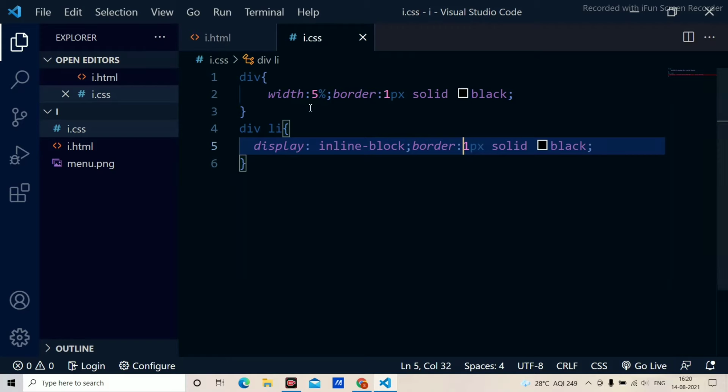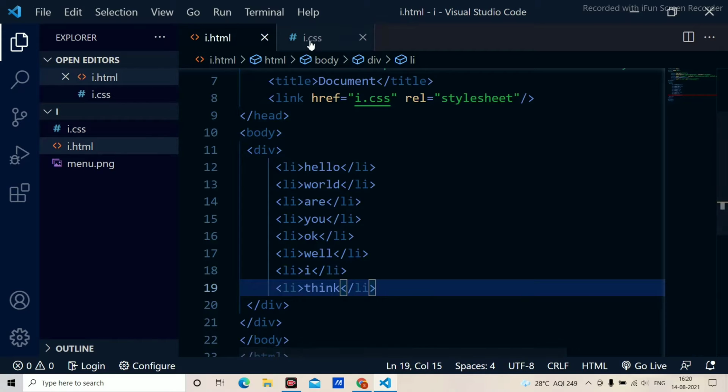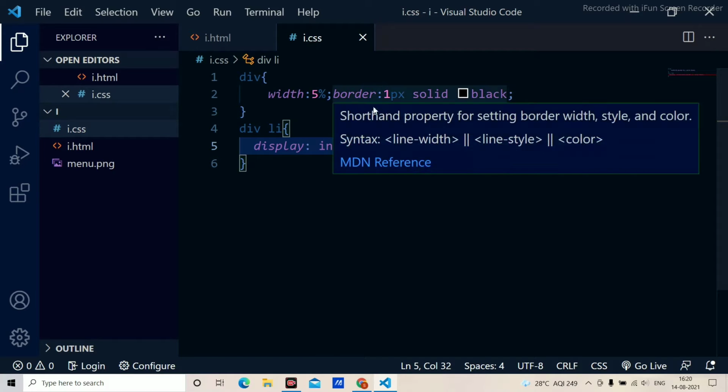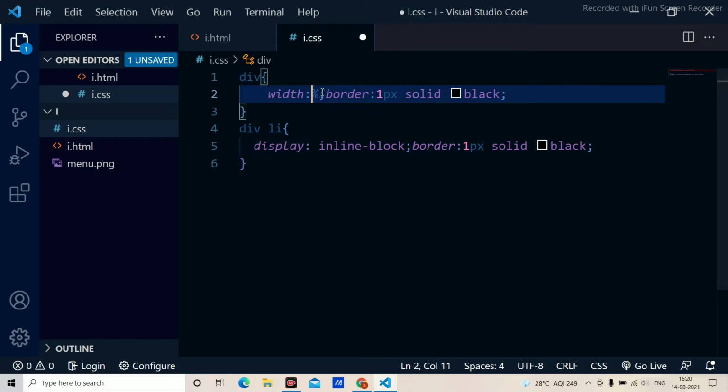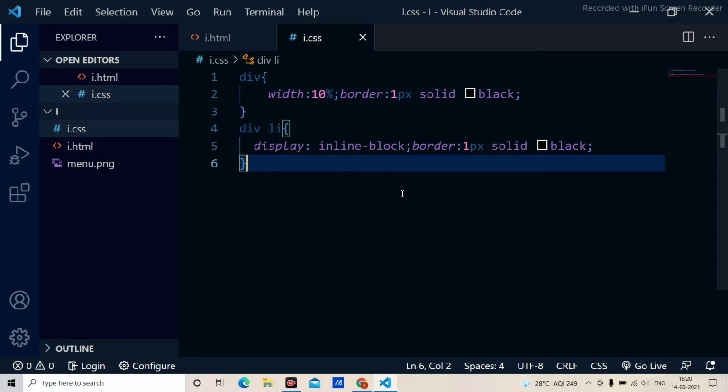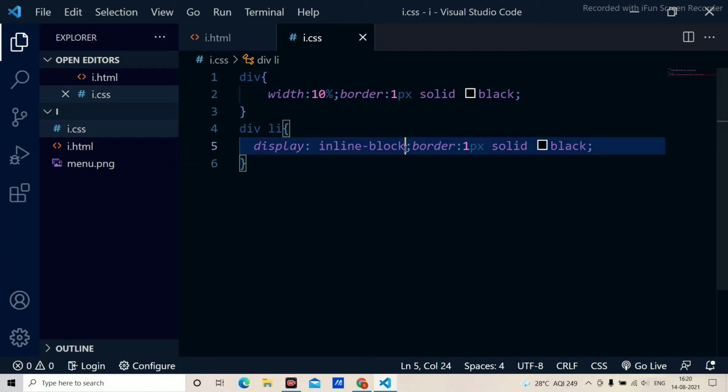For those 8 items, I am going to give some styling and display. As you can see on your screen, for the div, the parent tag of this list, I have given a border of 1 pixel solid black, and a width of 10%.